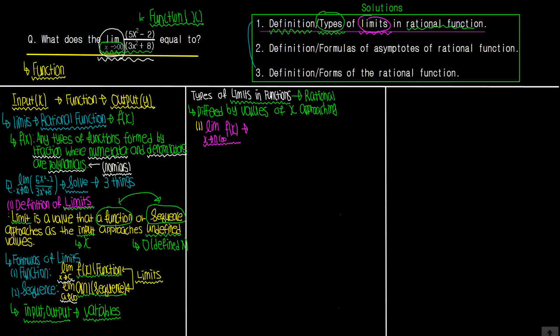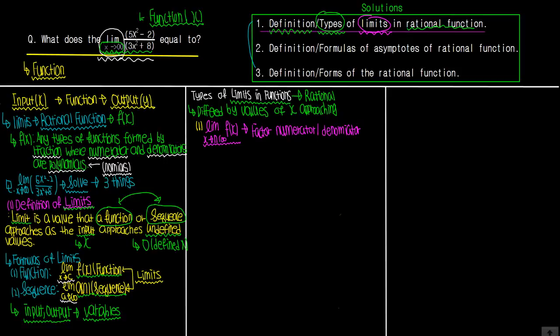And for these values of f of x, what we need to do is factor the numerators and denominators, which we'll call the numerator divided by the denominator, and this will form a specific fraction, which will form a rational function, which is the most important thing in our limit systems. So this is what we need to do in order to solve for our limits. And the first thing we need to do is, when our limit value, the number approached by the x value, is less than an infinite value,